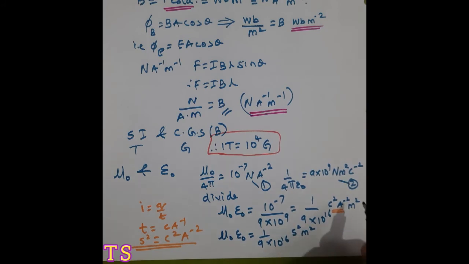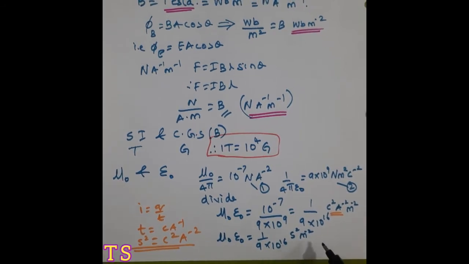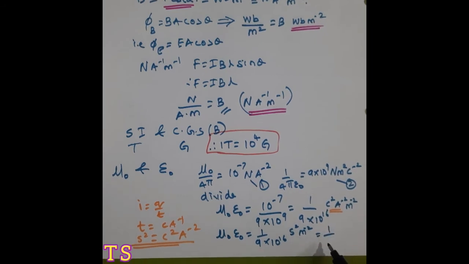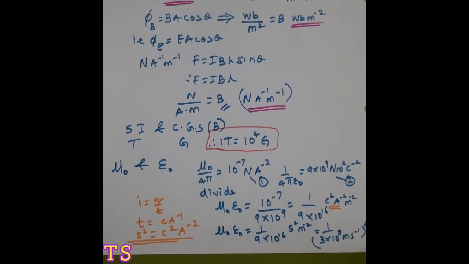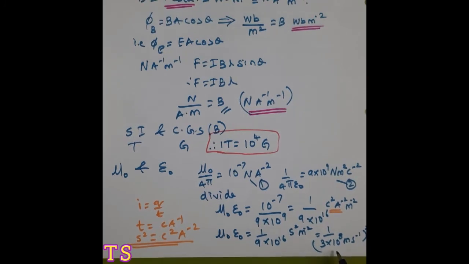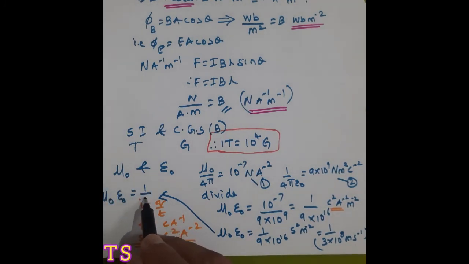Sorry, there is an error here, it's minus 2. I made a mistake, it's minus 2. So S square, if I write this in the denominator, will be 1 upon 3 into 10 raised to 8 meter per second the whole square. So I know this value, it's 3 into 10 raised to 8 meter per second, it's C. So therefore this particular equation now will turn into mu naught epsilon naught equals 1 by C square,